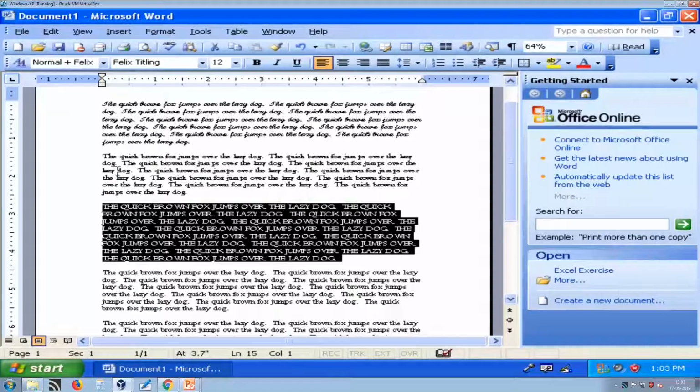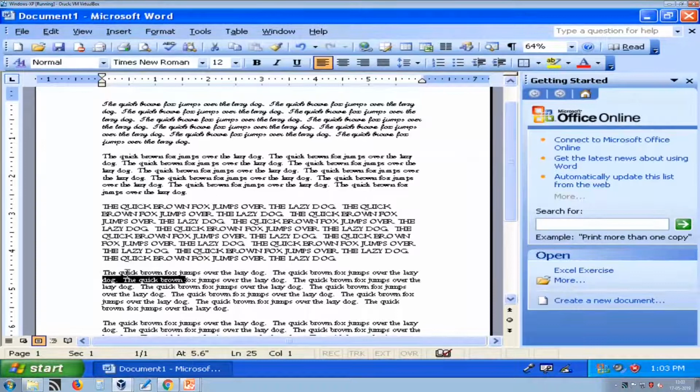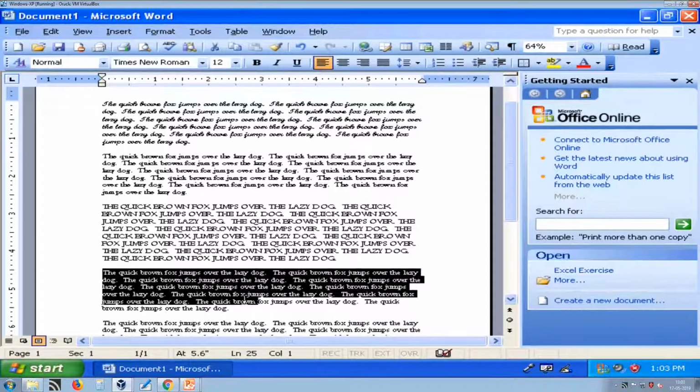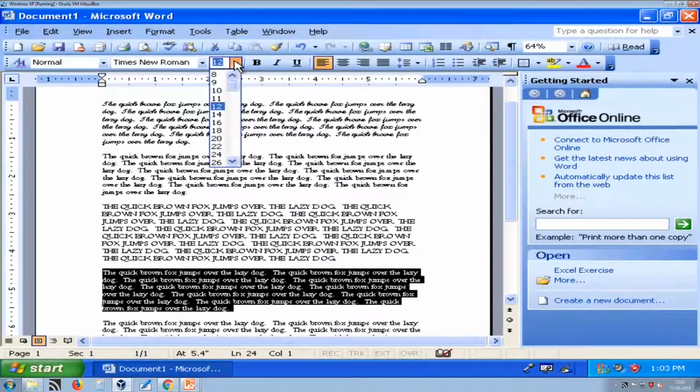Now, suppose I want to change my font size. Again the process is the same, select the text for which you want to change font size and just select the required size from these. The maximum size is 72. Of course, you can change this size or go beyond 72, but in this drop down list you will see that the maximum font size is 72. For example, I want to increase size to 16.